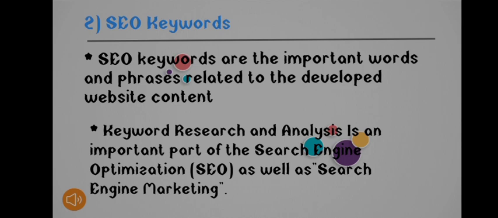Considering all these possibilities, we have to generate a list of keywords that we are going to use in our website. After we have finalized whichever keywords we are going to target, we should use them in an appropriate position in our information. Also keep in mind that overstuffing of keywords is not allowed, as we have seen in the black hat SEO technique. Overstuffing is illegal, so we should take care that overstuffing of keywords is not done.